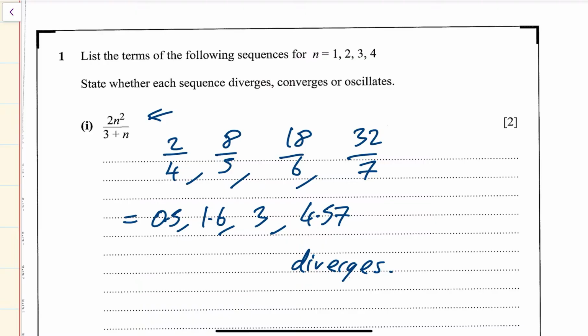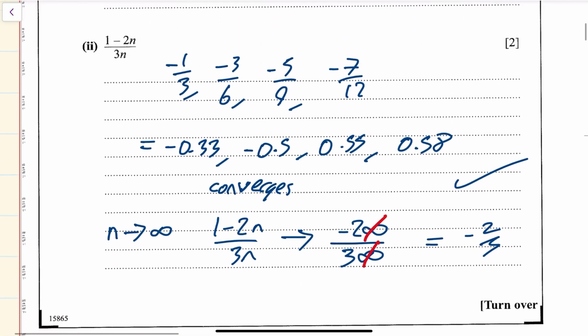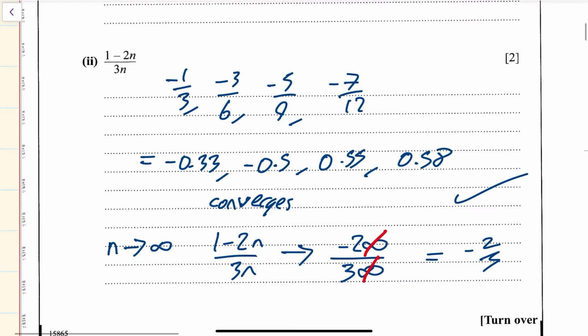That fraction form is no use to me. When I put them in decimals, I got 0.5, 1.63, and 4.57, which clearly is getting bigger, which means it diverges. The next one, again, you're looking for n is equal to 1,